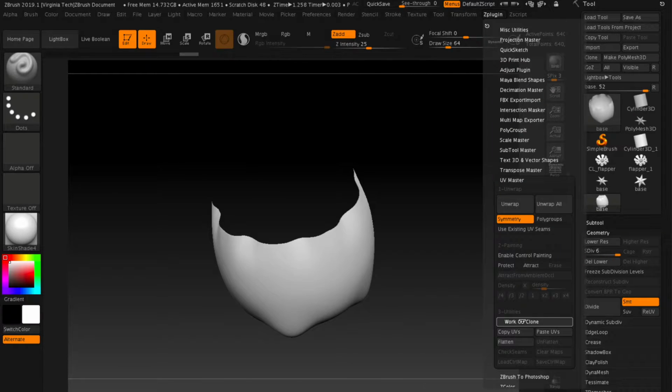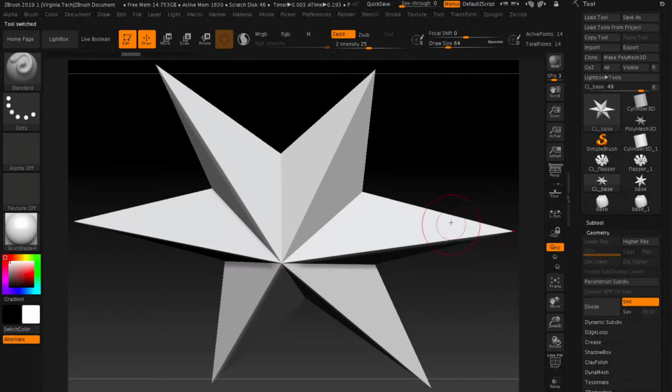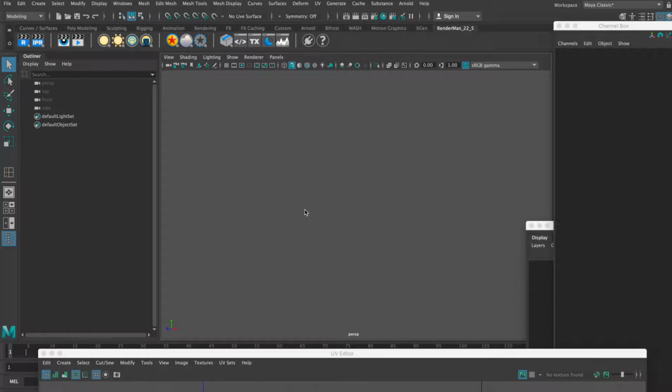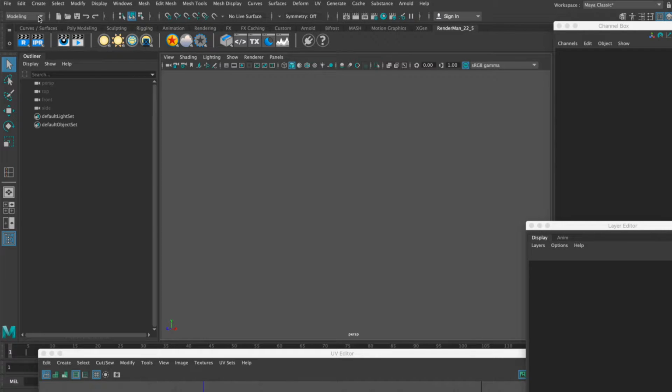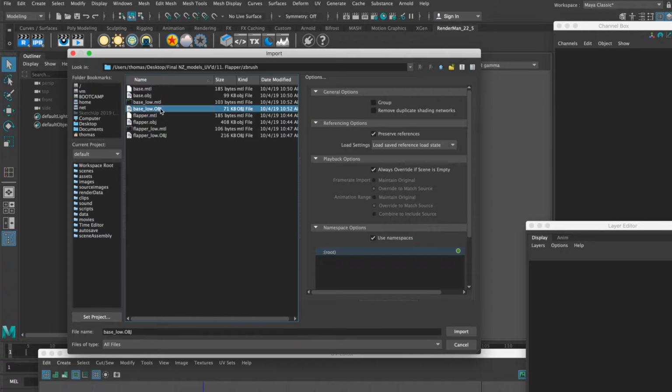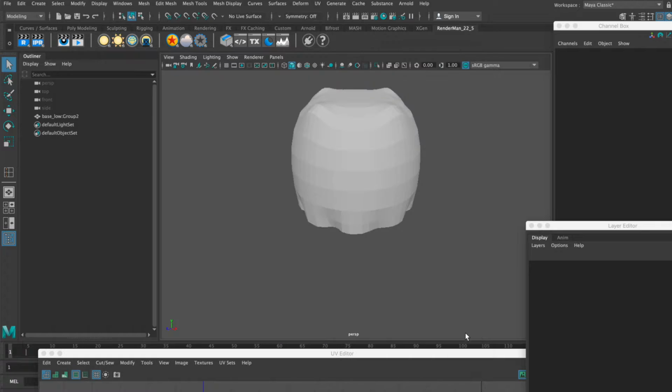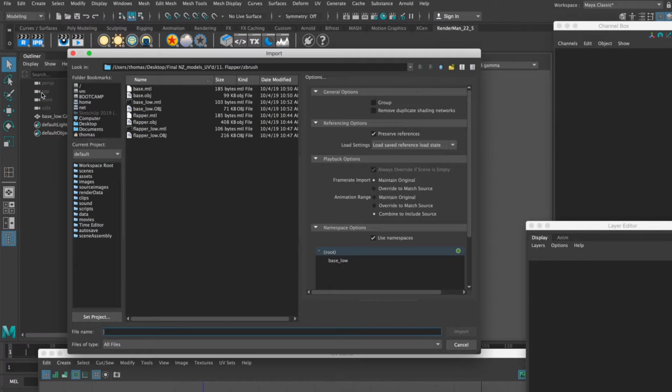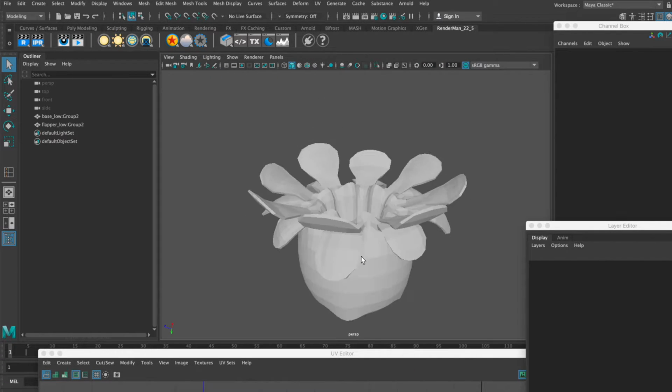And then I go into UV Master, and then clone it, and then really quickly unwrap it. Again, this is wasted footage. I think this thing crapped out on me. So anyways, moving forward, we bring this all onto Maya, both the bottom and the top, and some of these